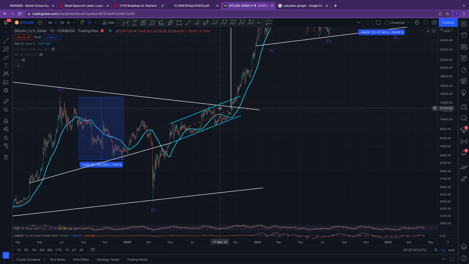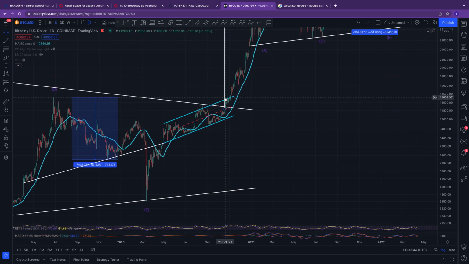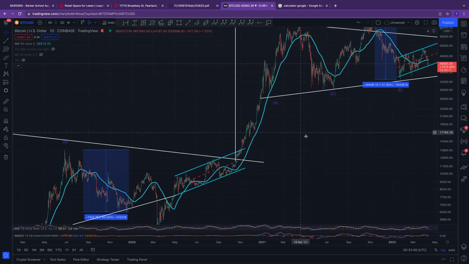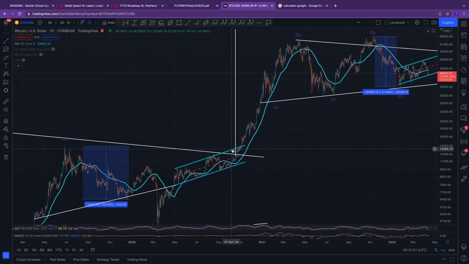But once we broke the macro triangle and then we broke the channel, we have a major uptrend. And this major uptrend is a wave 3